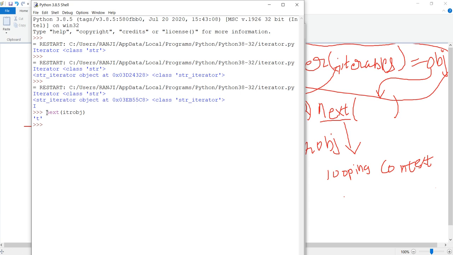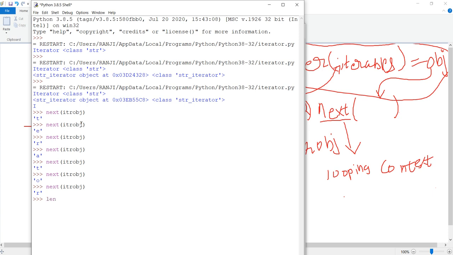Then if I call this again, it will print the next element. If I call again, r a t o r. So this was about the length of the strings that are present.